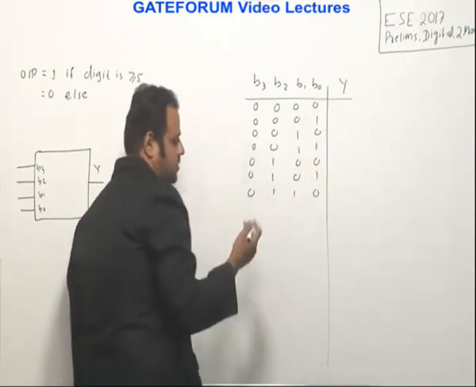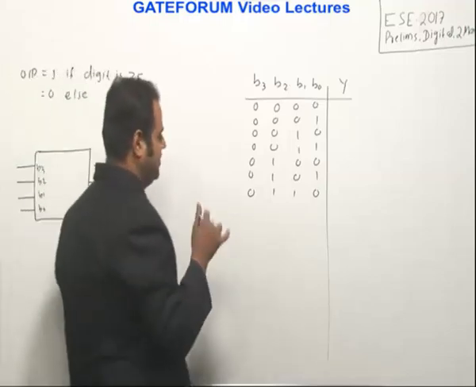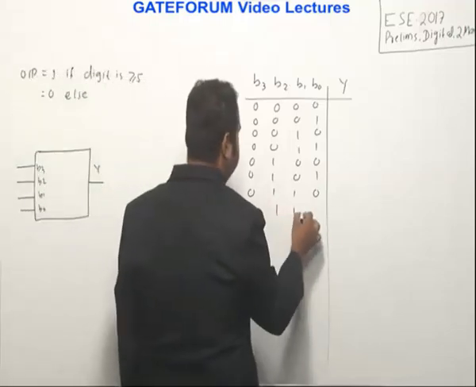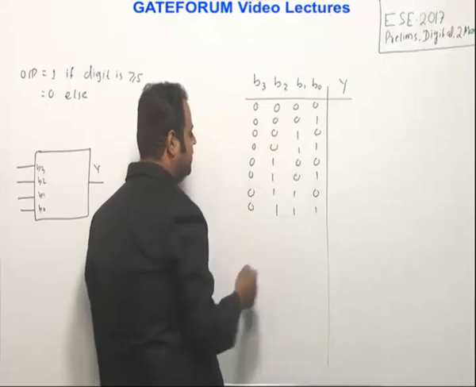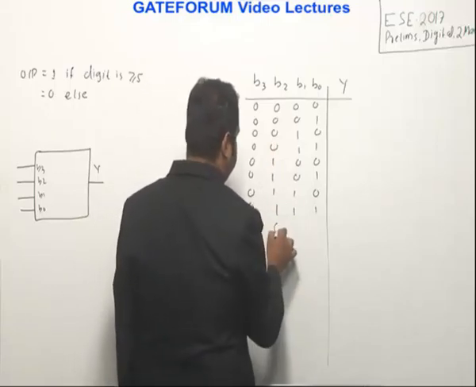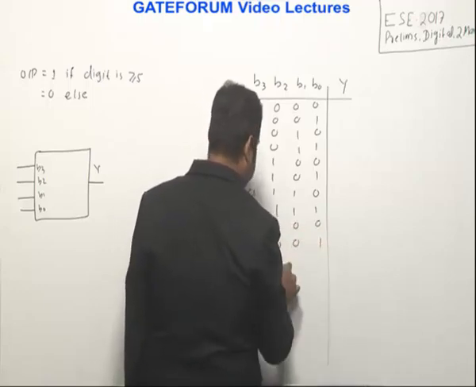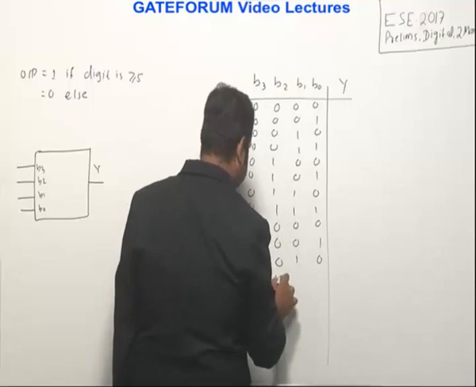Actually, these are the BCD codes if you see this statement properly, and many calculations you can do in your mind. So I'm just making this table to get the min terms, right? If you are able to visualize, there is no need to do this table. You can cut this down.